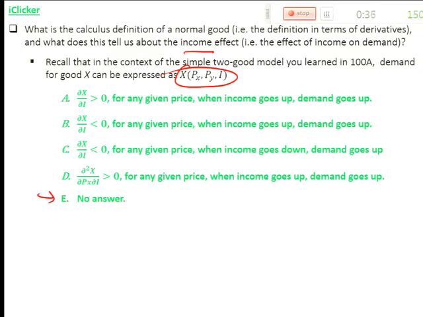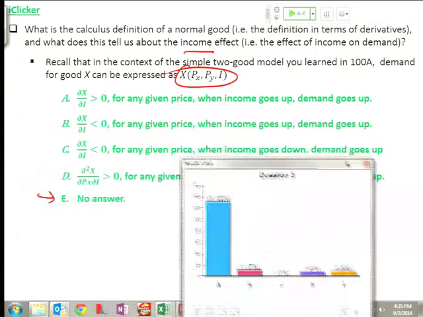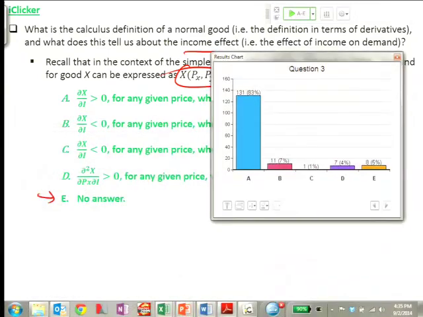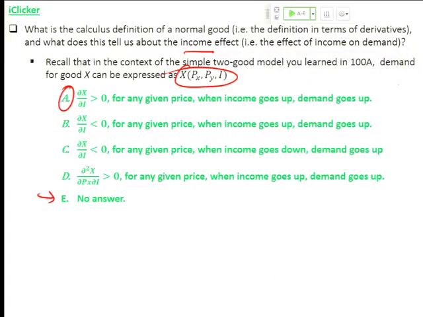Let me give you maybe about 10 more seconds. I think that there are a decent number more than 100. I guess some of you don't have clickers yet. Okay, 5, 4, 3, 2, 1, and we'll stop. All right, so what do we come up with? Good. So what this tells me is that by and large you have taken seriously my admonition to not take this class if you haven't taken 100A, and that you guys are smart and you remember what you learned. The answer is A. Would somebody who gave that answer like to explain what it means?